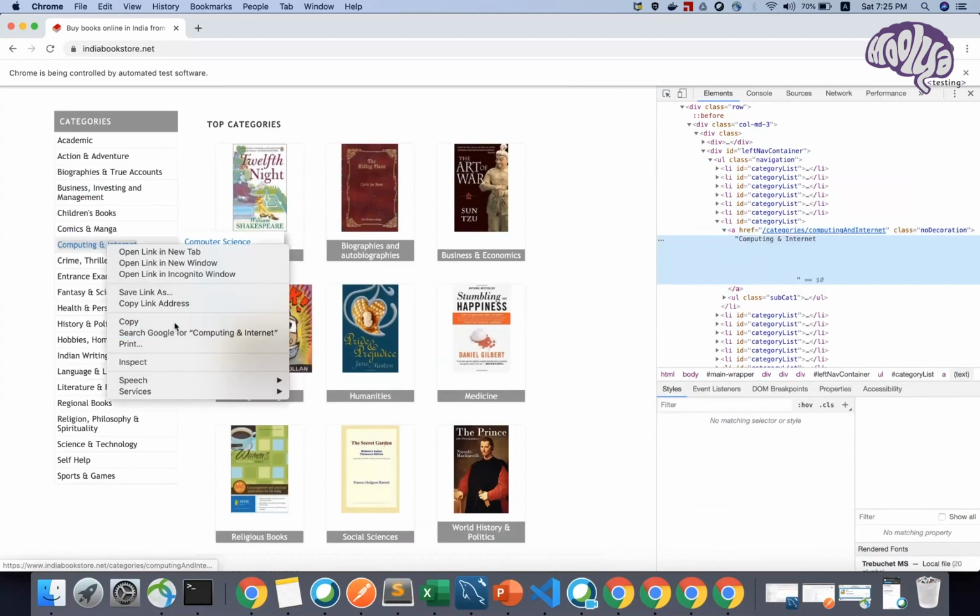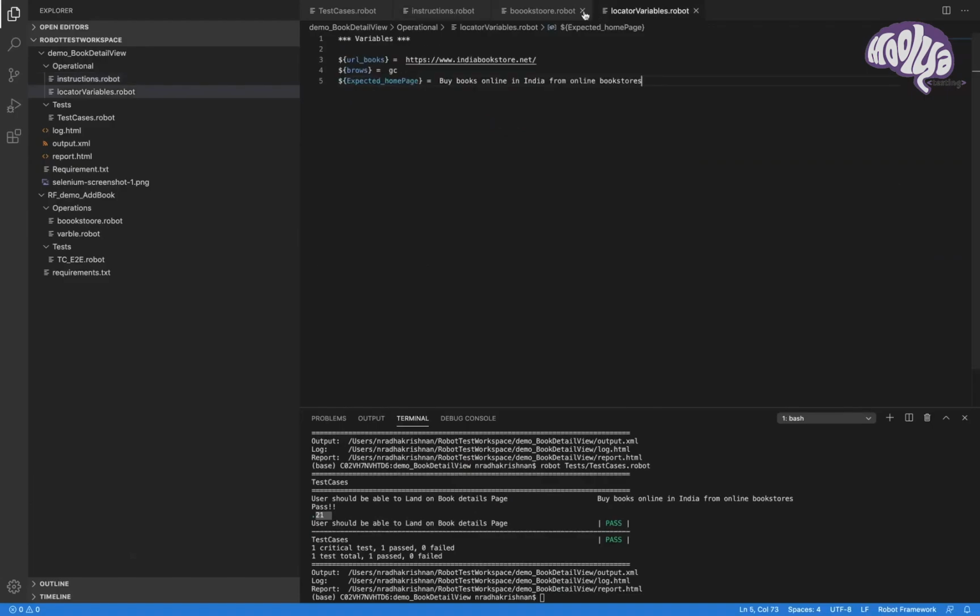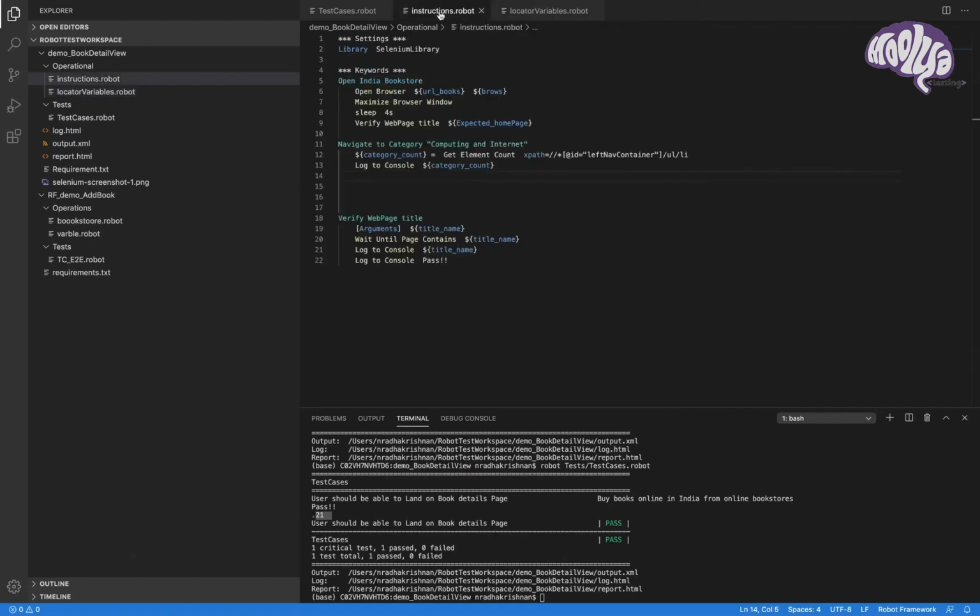So the variable here is expected category, and the expected category here is computing and internet.